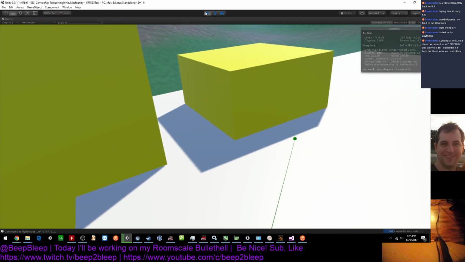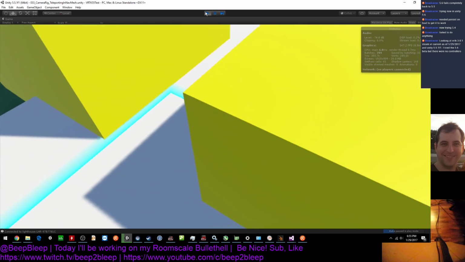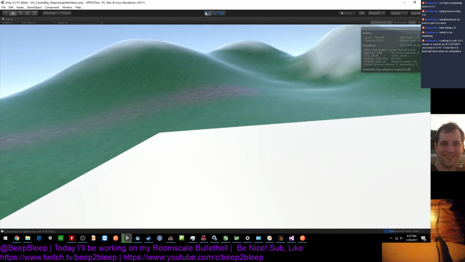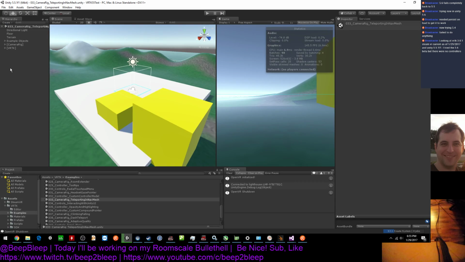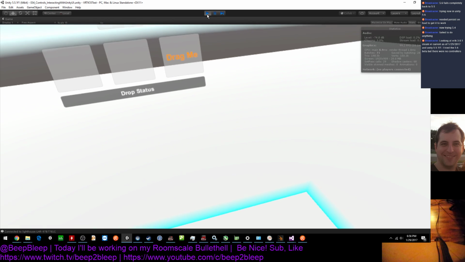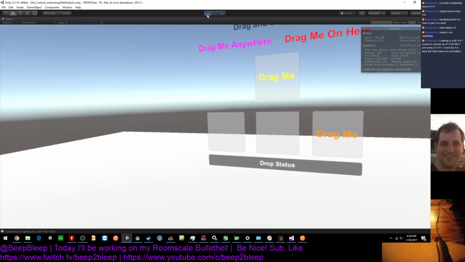It's like they're trying to limit me. Let's see, what is this called? Teleporting in nav mesh. Oh, so only where the nav mesh is baked. Oh, that's not bad, because that would let you bake out nav mesh for the AI and not let the player go someplace where